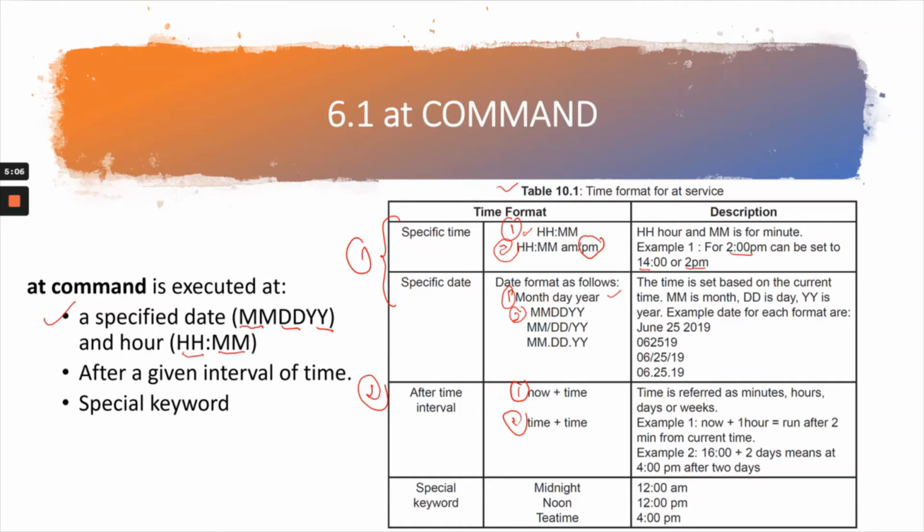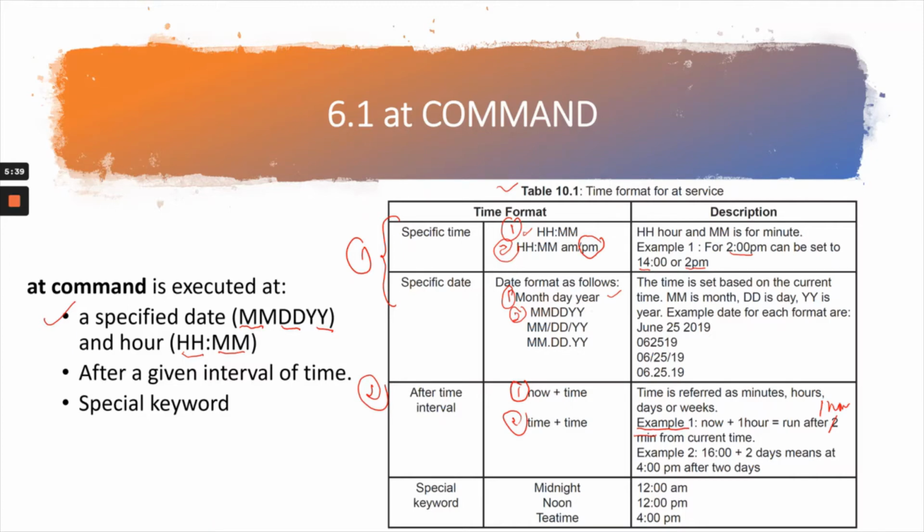If you are using the first format, look at example one here: now plus 1 hour, which means that the task will be executed 1 hour from the current time. Example 2, 16 means 4 o'clock in the afternoon, plus 2 days,